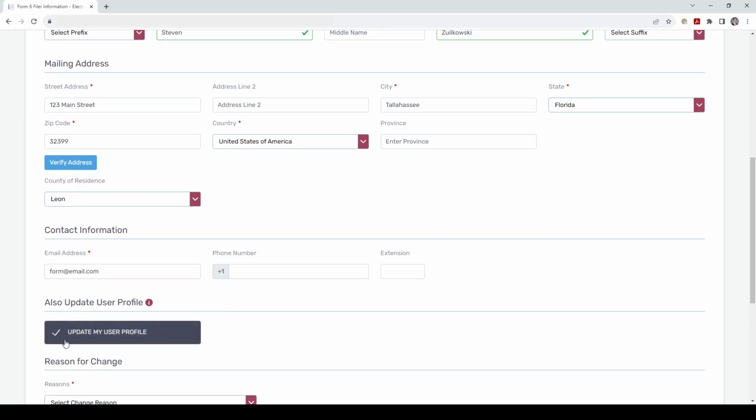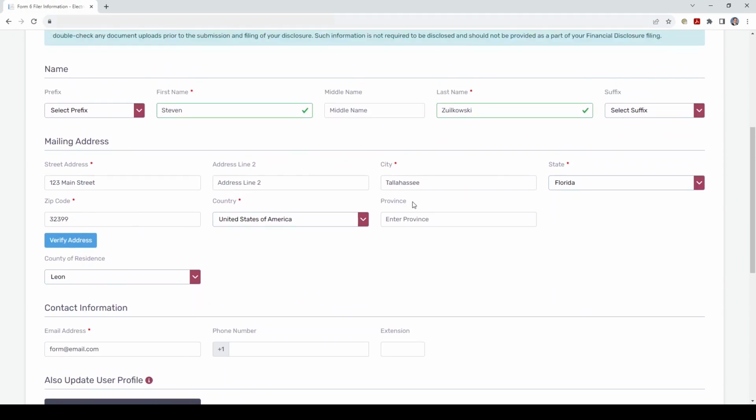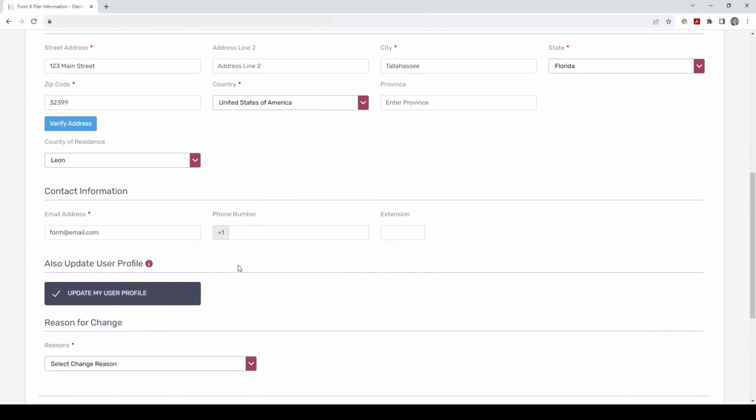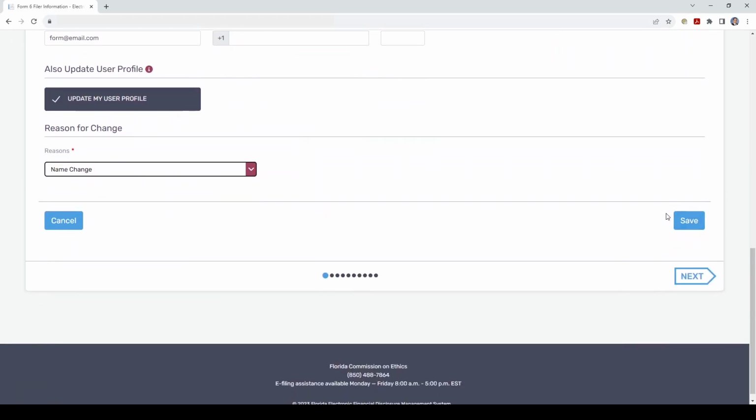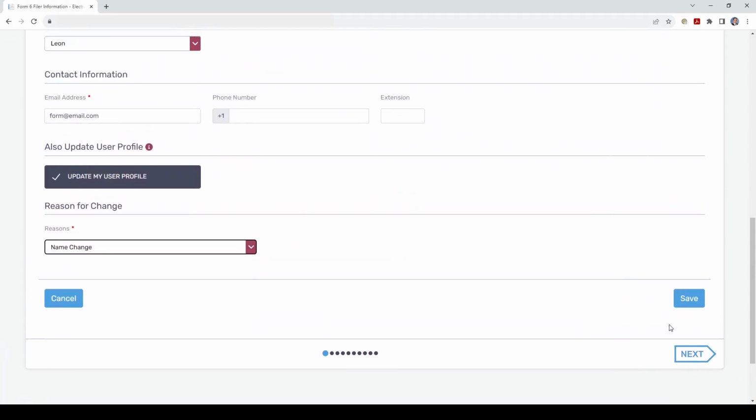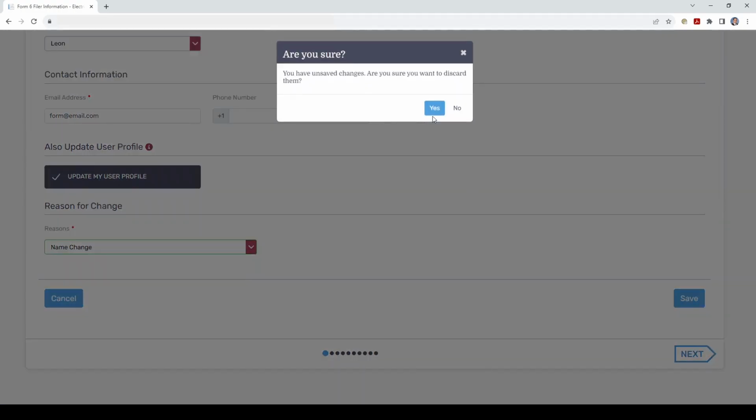When you check that box, the changes that you're making would go across for all forms that you fill out and in your profile. When you do that, you'll select the reason for the change, and then you can click Save, and that would save your information. We're going to go on to the next page of the form here. So when we click Next,